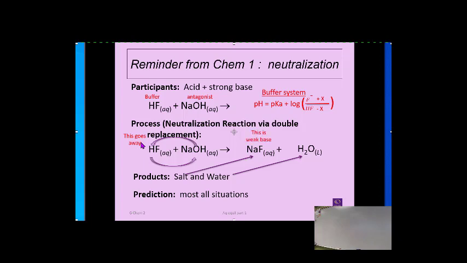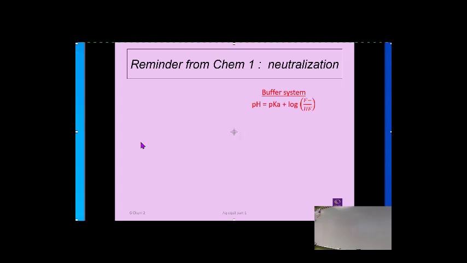But this is my point. This is a weak base. Okay? Let's see what else I got in here. If I did a weak base plus a strong acid, right? This is a buffer. Now the base is the one acting, right? A buffer always has a weak base component. If it reacts with a strong acid,